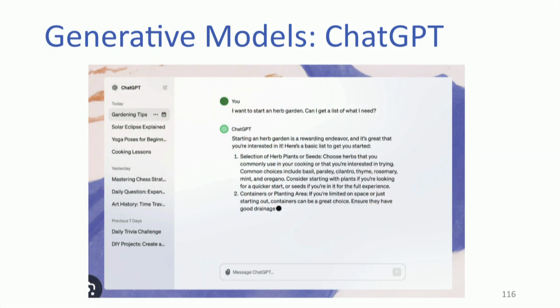Now, another application for generative models that seems very benign is using ChatGPT to say something like, I want to start a herb garden. Can you please help me get started? So that's a great application. You would get some sort of aggregate summary. You can then decide what you want to follow out of that summary, or if you would like to do something different.